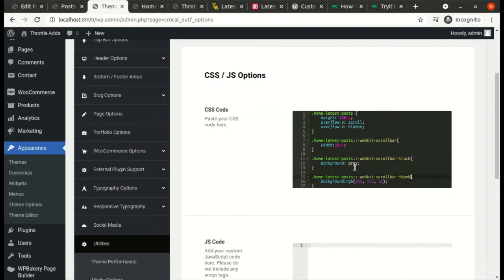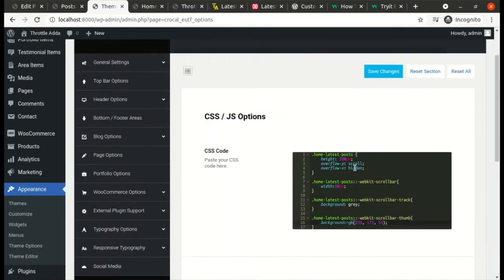The third is WebKit scroll bar thumb. Now the WebKit scroll bar thumb is the actual scroll bar that we see, which is in blue color on the reference website, but we are going to put the RGB color as the yellow color, basically the yellow shade that we are implementing throughout the website. Okay, so we have saved this.